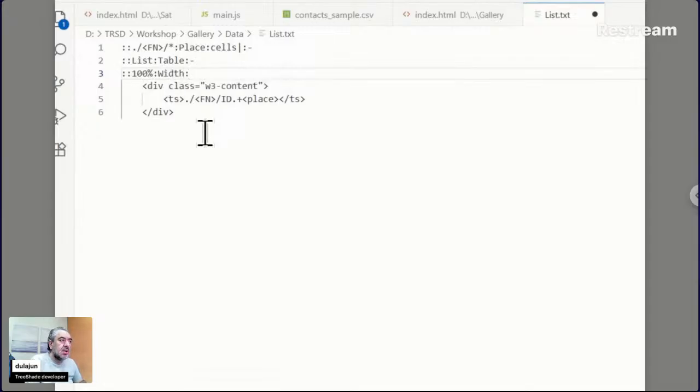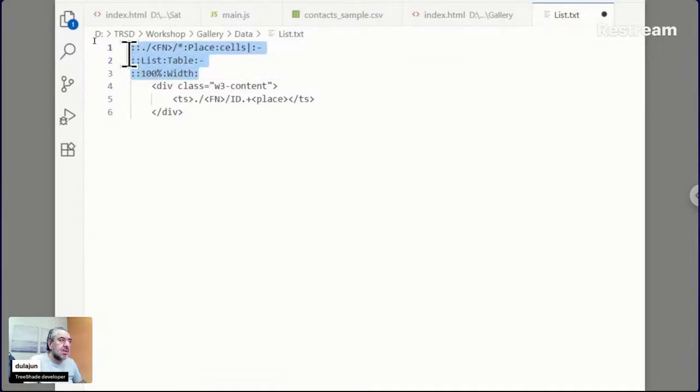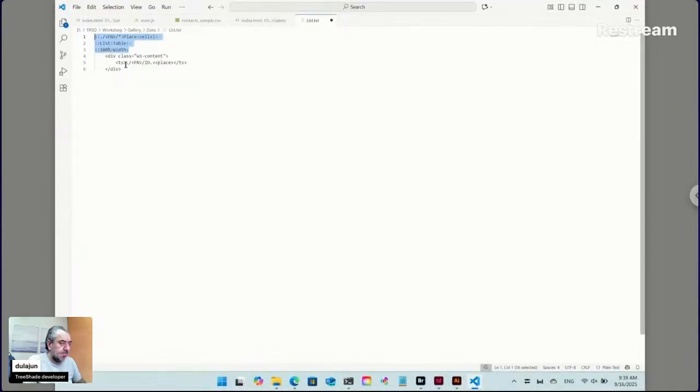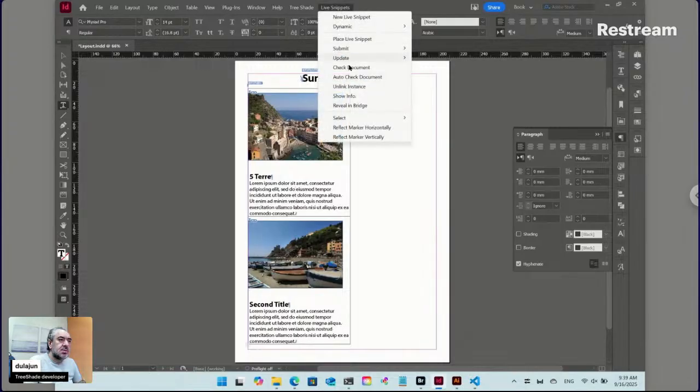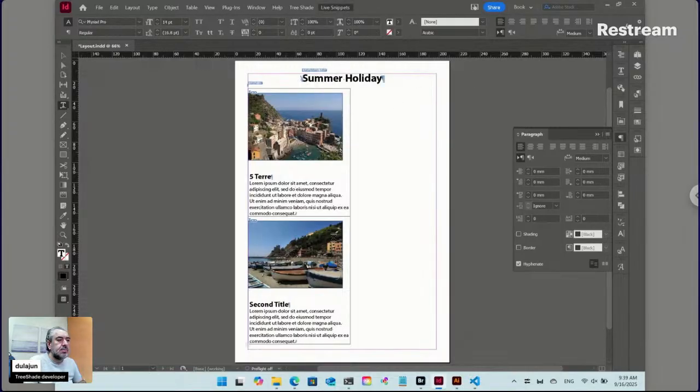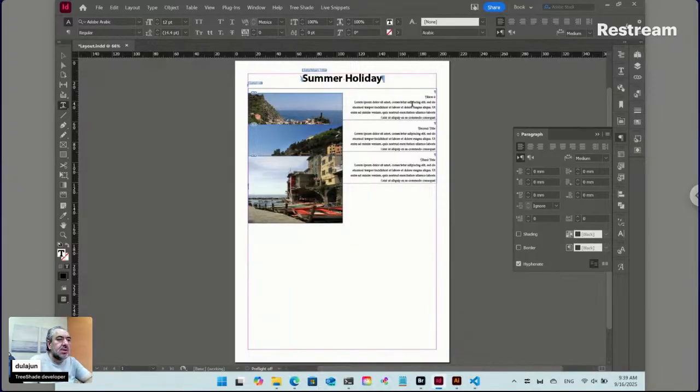Then colon only, because this is the end, the last instructions for InDesign. And the rest here is for the HTML. Okay, save and update all. Now the cell has a width of 100% of the text frame,